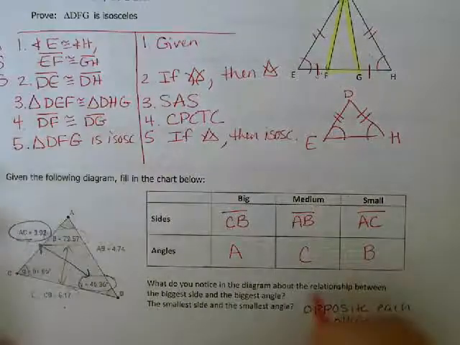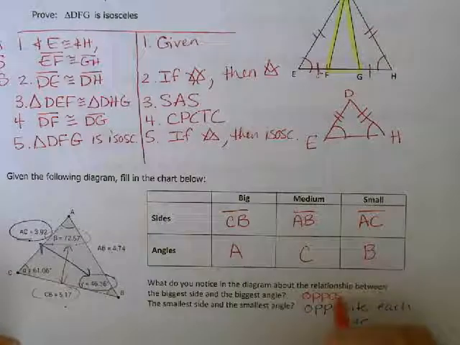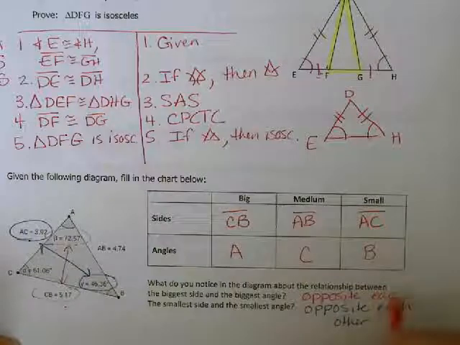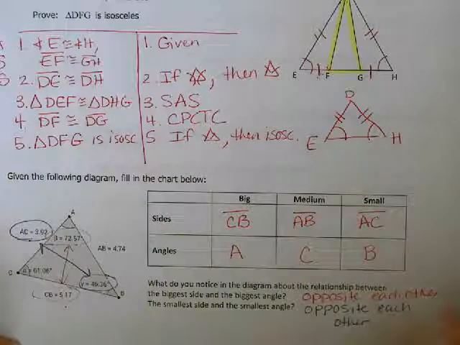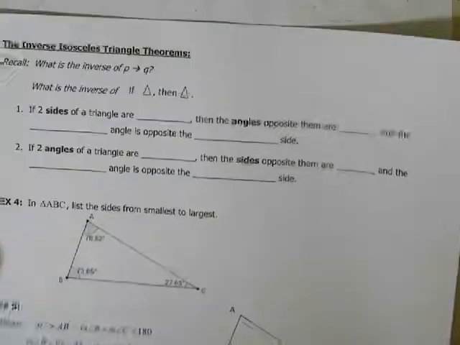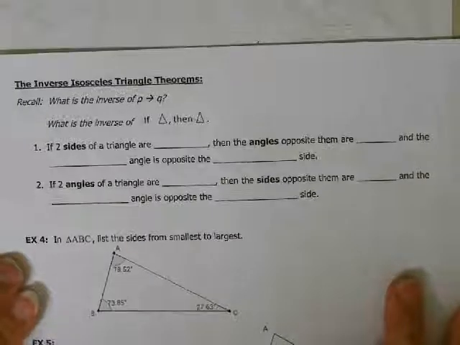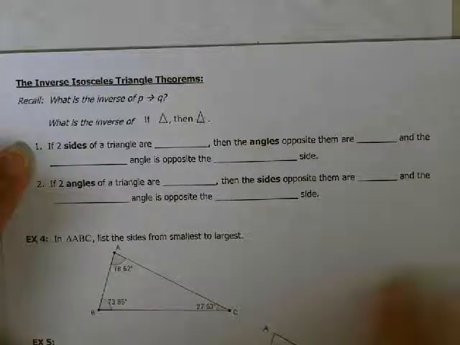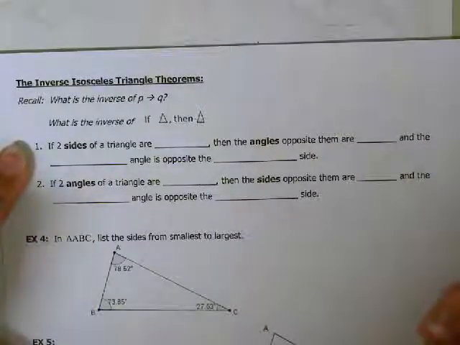And that held for the biggest side as well. Both were opposite each other. So that leads us to what's known as the inverse isosceles triangle theorems. And it says that if two sides of a triangle,